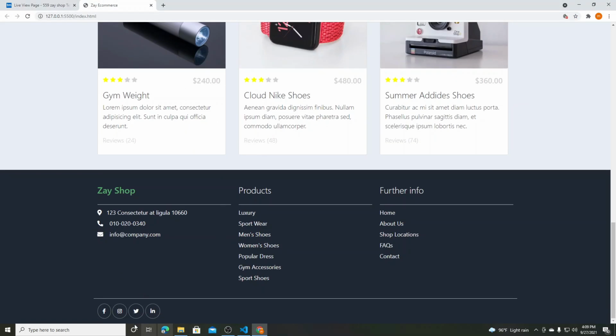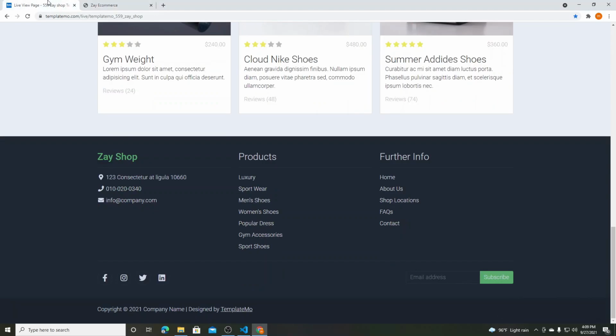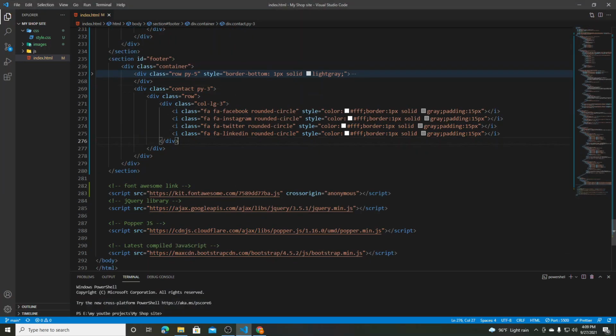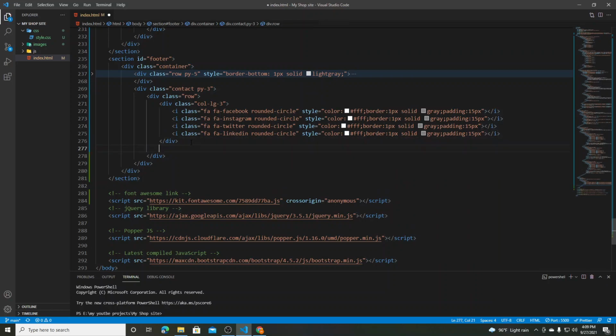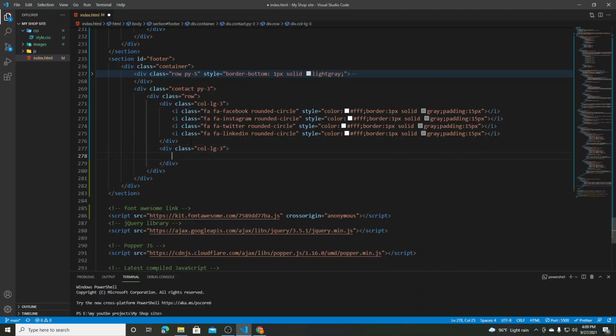Yeah, we have some padding from top and bottom, and as you can see, our icons have a good shape now, rounded, almost similar to that. Okay, now we need to create this email address section. So let's go and, after col-lg, I'm gonna create another div called col-lg-3 and give it